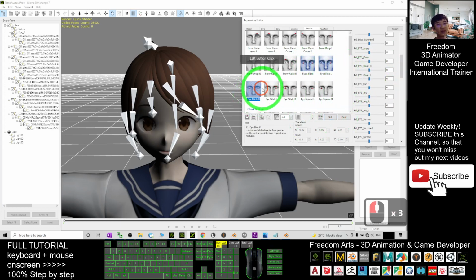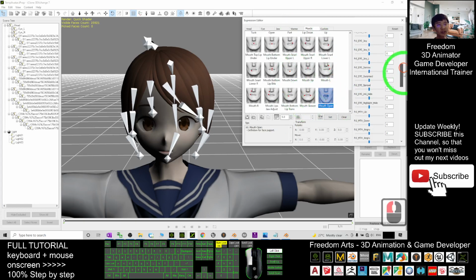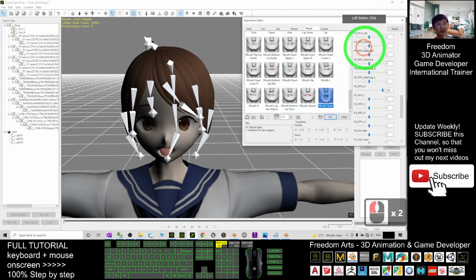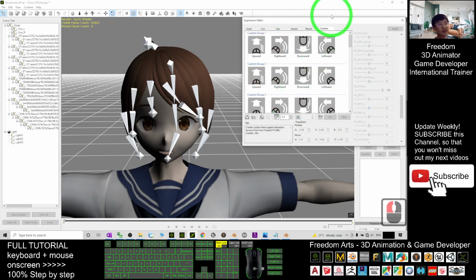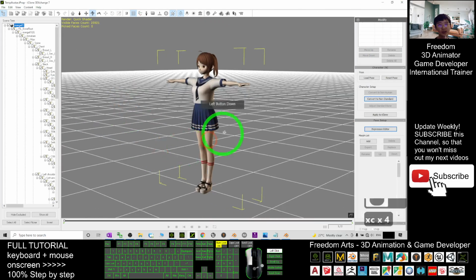Set. And here, eye blink R. Drag it and set. Now done. Everything completely done. And the mouth opens. You can just drag down and choose A. That's all. And click set. Done. Now, all the facial expression profile is done. Close it. And finally, you can just